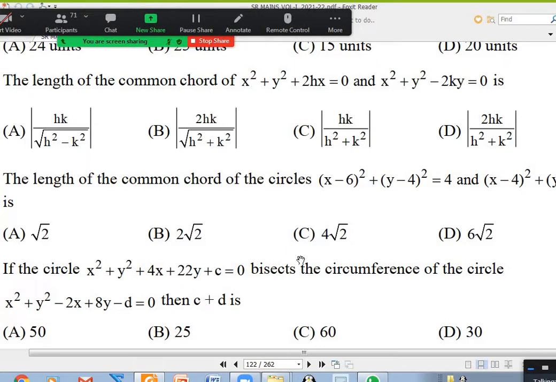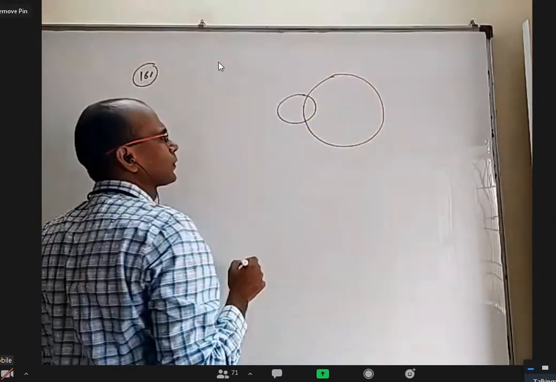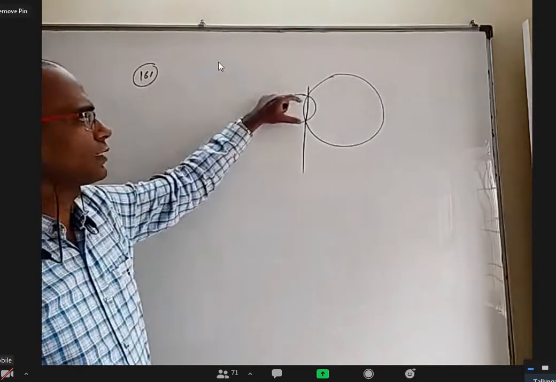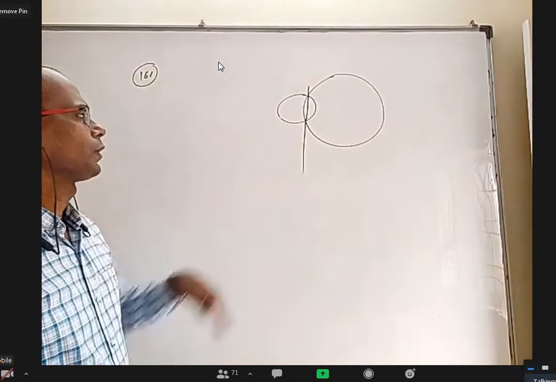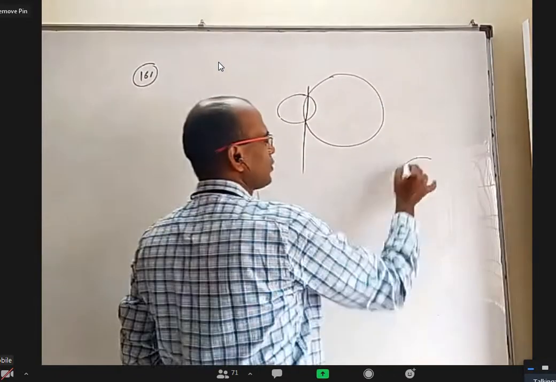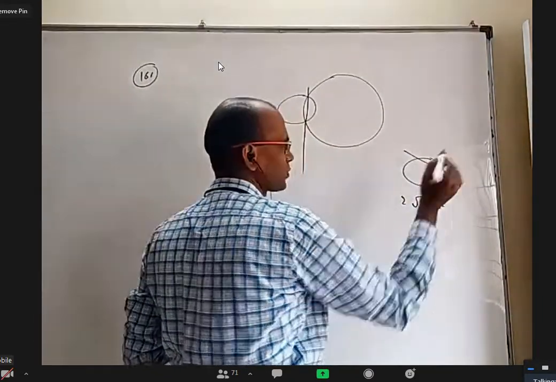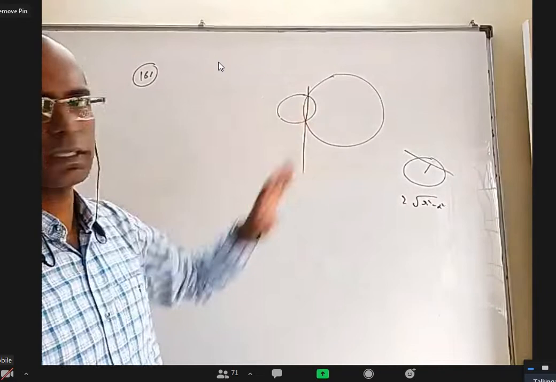Okay, so let me discuss some ideas about one or two questions here. I said in the class also, may not be given in notes. Whenever two circles are there, and if they have a common chord, how to find that common chord? The standard method is subtract these two circles. You will get this line. Then, whenever you know circle and a line, the length of the chord is 2 root r square minus d square, where d is the perpendicular from center to that line. Okay, this is a general method to find the length of a common chord of two circles.